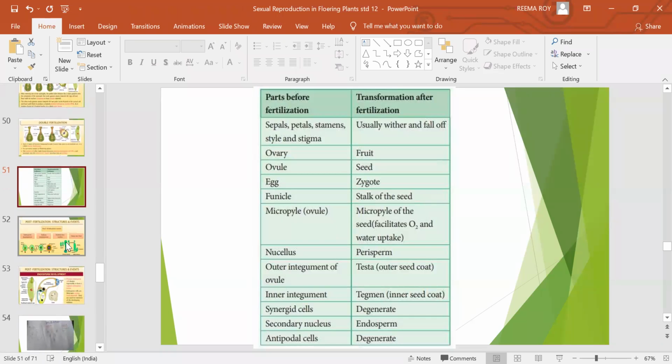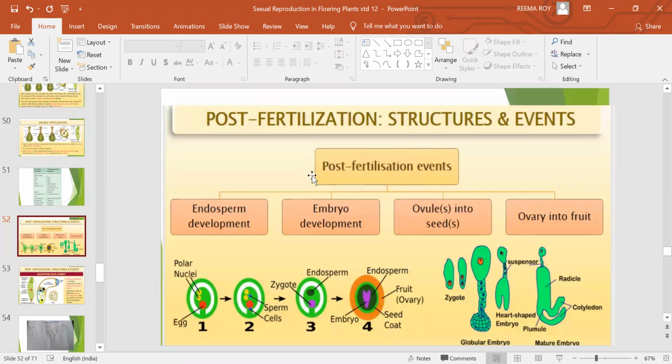And next is post fertilization. These are हम लोग ने जो भी अभी तक सीखा है, sepals, petals, stigma, everything. Ovule, egg, funicle, nucellus, integuments, synergid, antipodal. These are parts before fertilization. Now we are going to talk about post-fertilization structures. Post-fertilization events. क्या क्या है